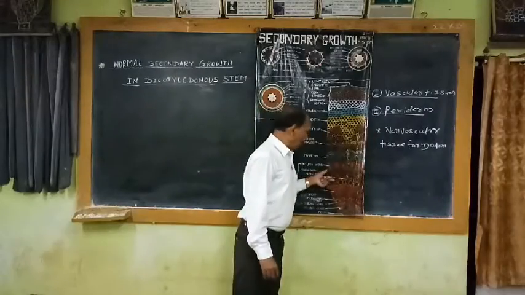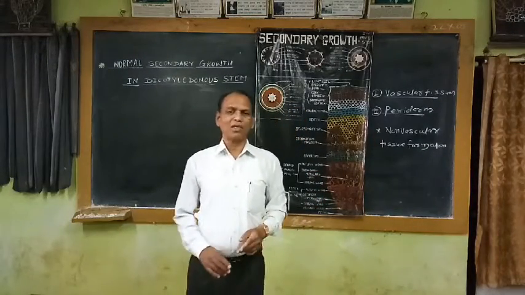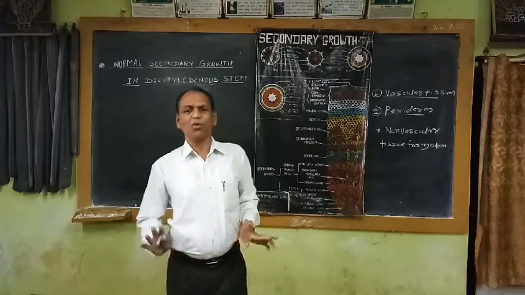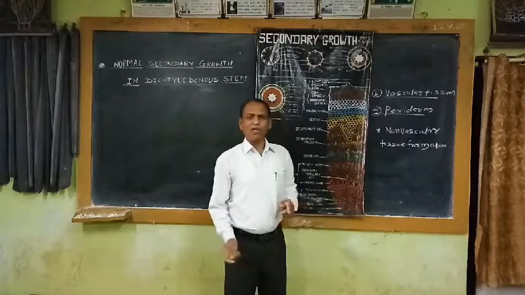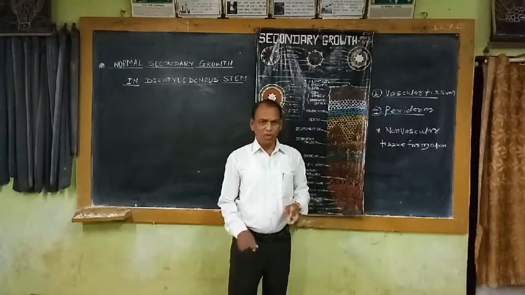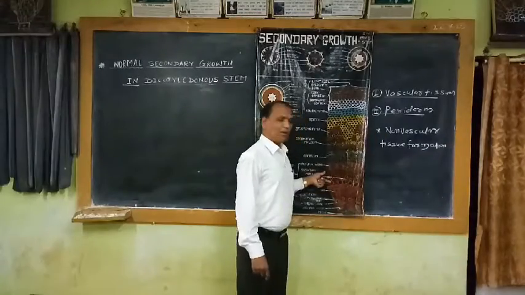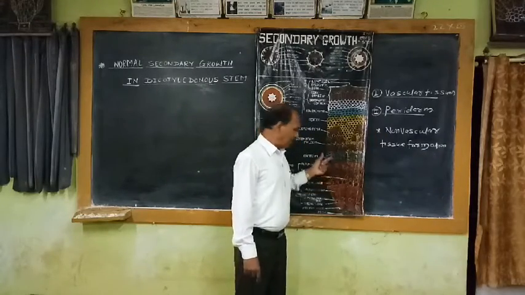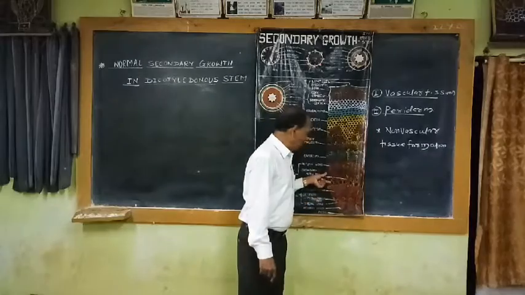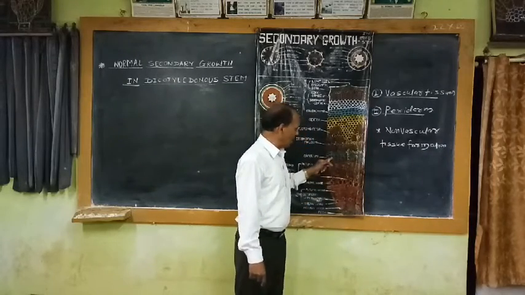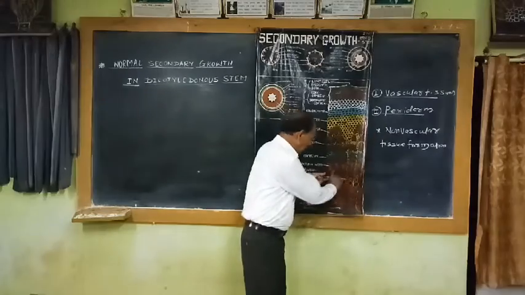That means during the rainy season, a large number of leaves are added by the plant, a large number of branches are added by the plant, and a large number of roots are also developed. Conditions are favorable. That's why the plant requires more water and more nutrients, and to conduct more water and more nutrients, this cambium produces a large number of xylem cells, and these cells are comparatively large in size. So this secondary xylem produced by this cambium during spring season, or favorable season, is commonly known as spring wood.